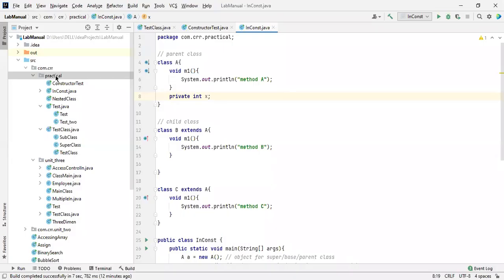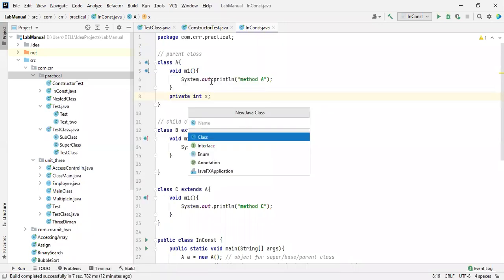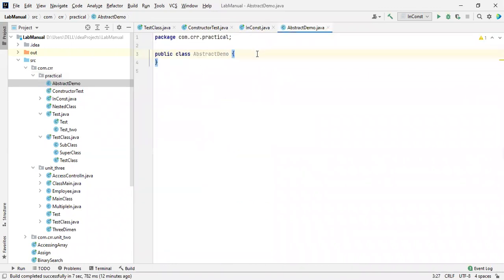Okay, so now I'm going to create one more class named abstract demo. Here I'm going to create, or declare, an abstract class. How to create that?